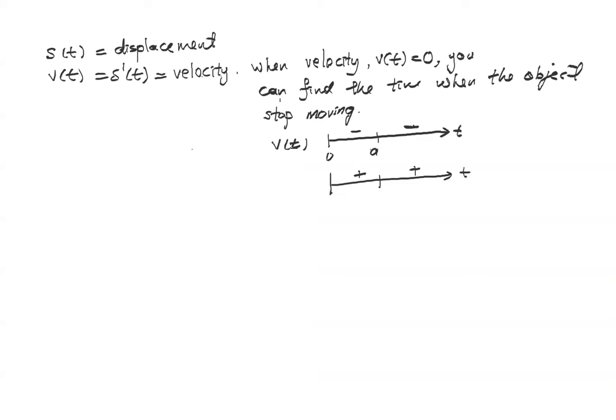That means this shows no U-turn. The particle stops moving but doesn't turn. So if the V(t) sign diagram goes like that, or it is like this,